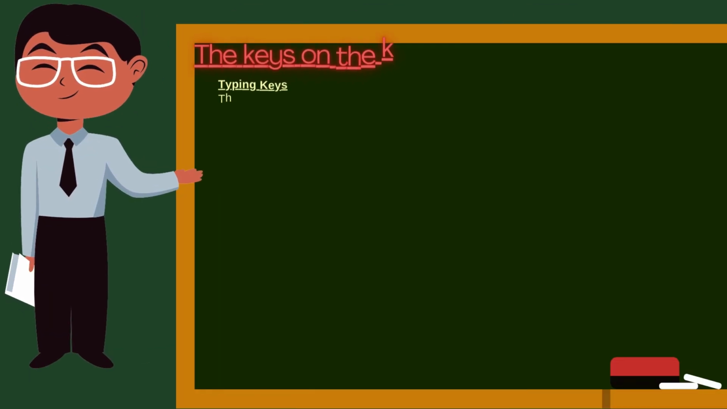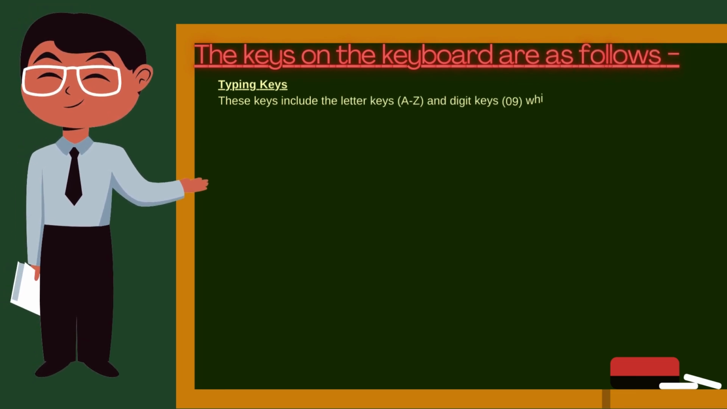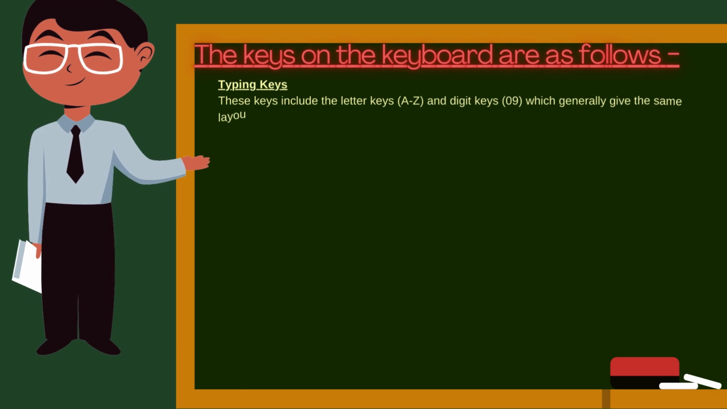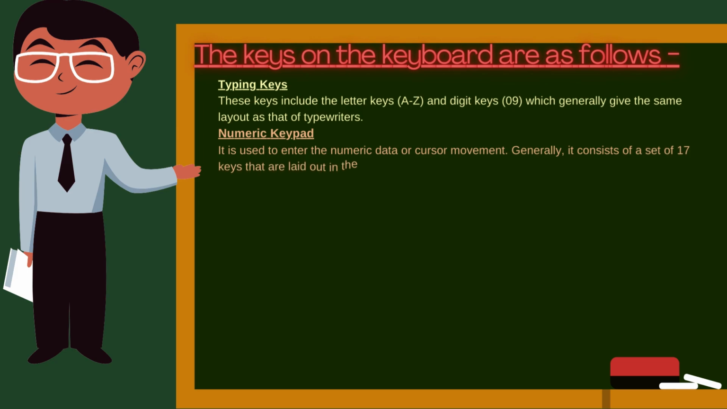The keys on the keyboard are as follows. Typing keys. These keys include the letter keys A to Z and digit keys 0 to 9, which generally give the same layout as that of typewriters. Numeric keypad. It is used to enter numeric data or for cursor movement. Generally, it consists of a set of 17 keys that are laid out in the same configuration used by most